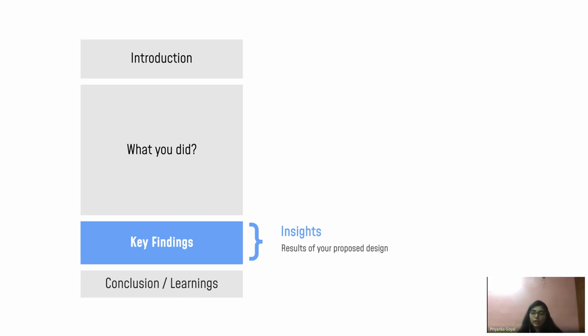In conclusion and learning, as I mentioned before also, multiple times, it could be personal, it could be business, and it could be both. So when you are writing about learnings for an industrial project, it is very important that you also mention learnings about your business and your personal growth. But for a self-initiated project, it's okay to write about your personal growth, because there's no business involved. You have actually made a product from scratch, so it's okay to write about your personal learnings.